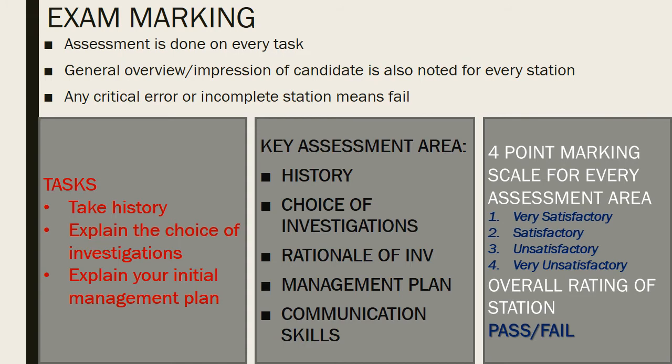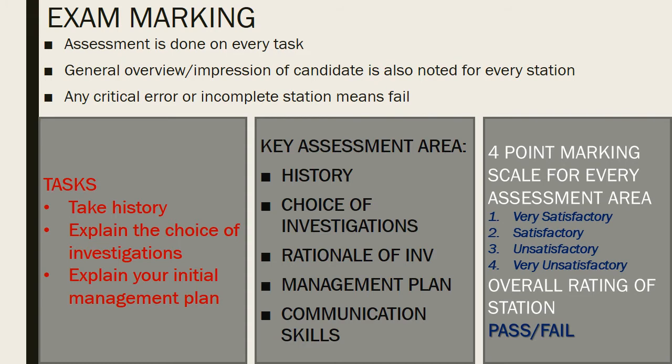And for every assessment area, there is a 4-point marking scale. For every assessment area, for example, history, the examiner will be marking if your history was very satisfactory, satisfactory, unsatisfactory, or very unsatisfactory. Even if you get one very unsatisfactory in any of the assessment areas, it is a clear fail.